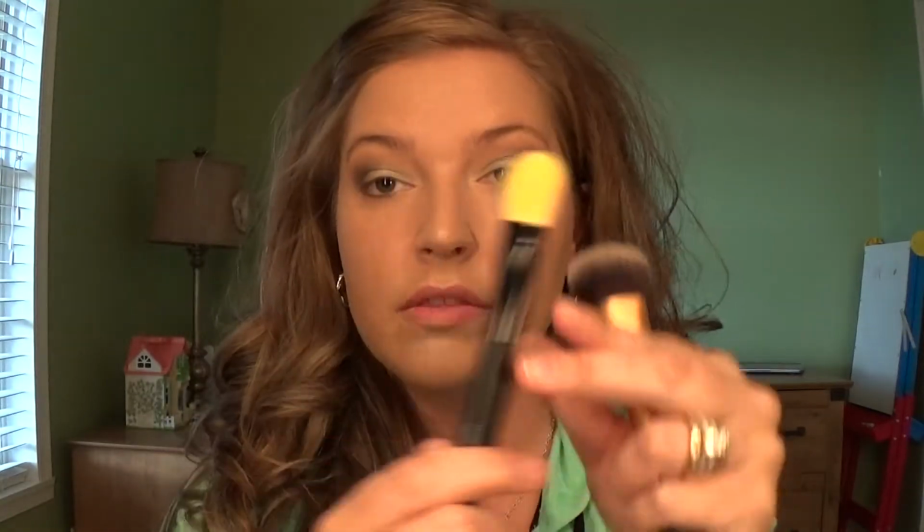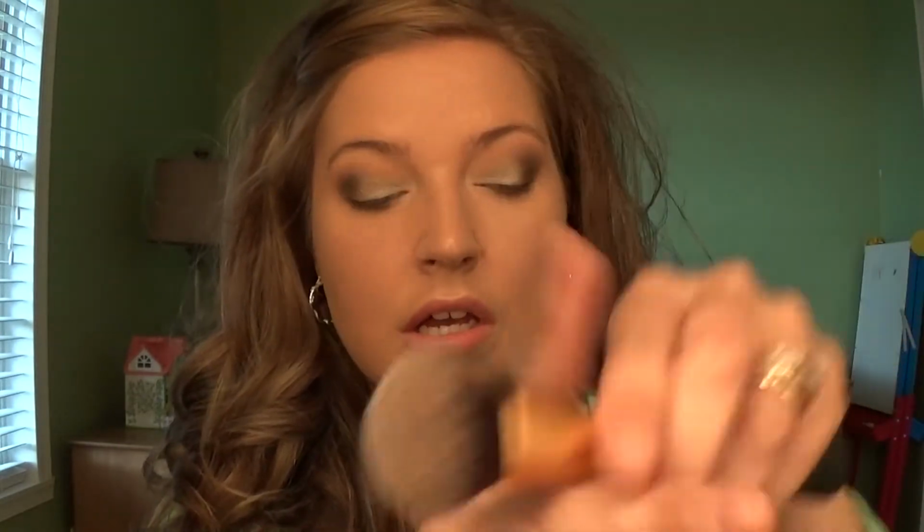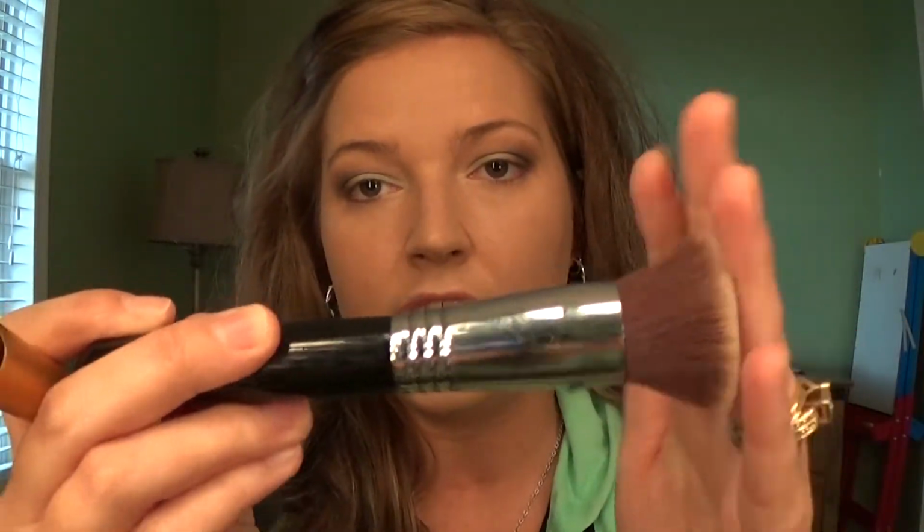Okay, and then, so I won't take a lot of color off, I'll take either brush. I don't recommend these brushes right here. Looks like a paint brush. This one is actually from Wet n Wild, and it's the foundation brush. It actually leaves what look like paint brush marks on your face. So you want something fluffy, flat but still fluffy. And then you want to take it and you want to make sure